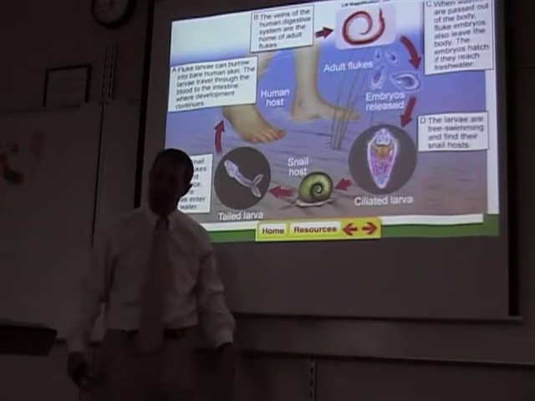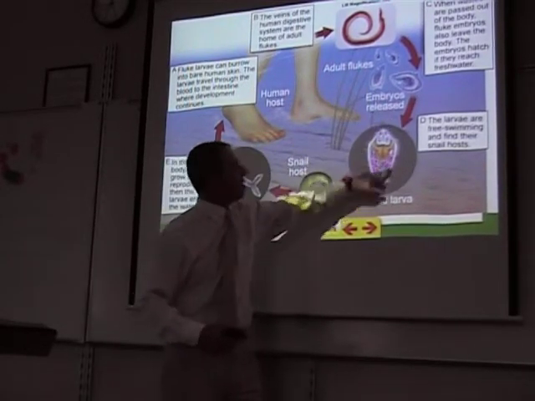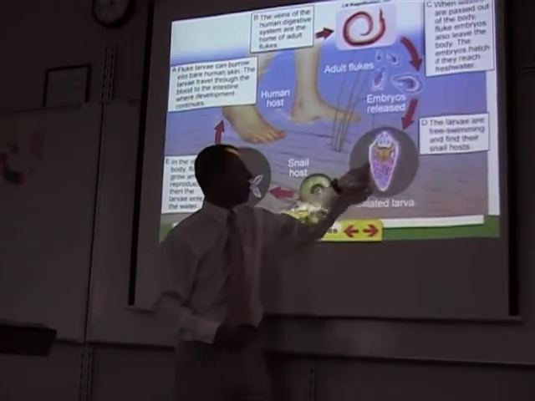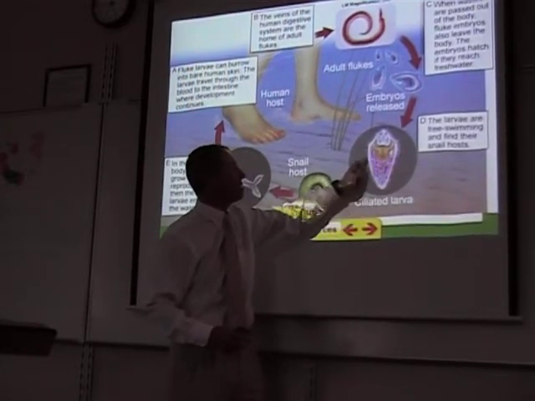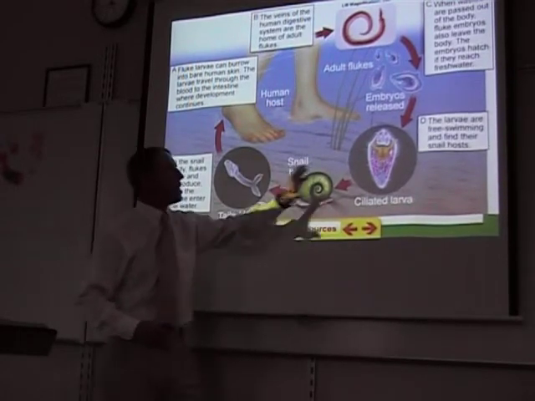And if you go to the bathroom in infected water, the embryos change form into this ciliated larva form. It's a cell that has cilia on the outside, and it'll swim around, and it'll actually